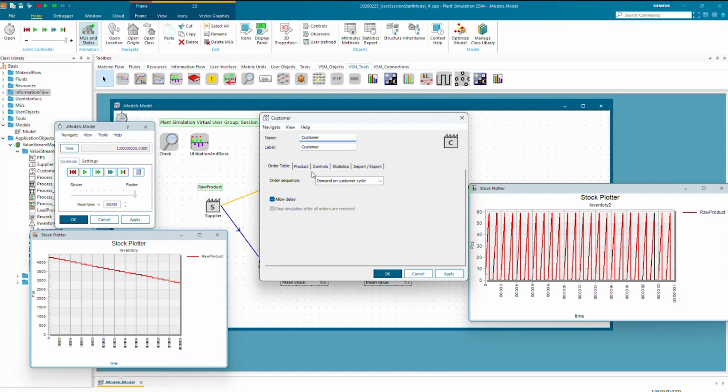This is now just for demonstration purposes, that you have a product and this is ordering every hour. And this could also be that this is every day, or it's based on a certain list where you can put in products and a certain demand and a certain time for it. So it's just based on what's coming in as order. This induces material flow through the system and also through the stations.